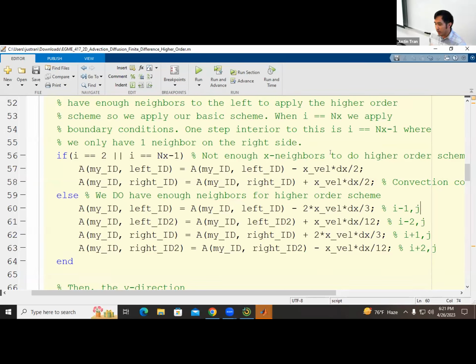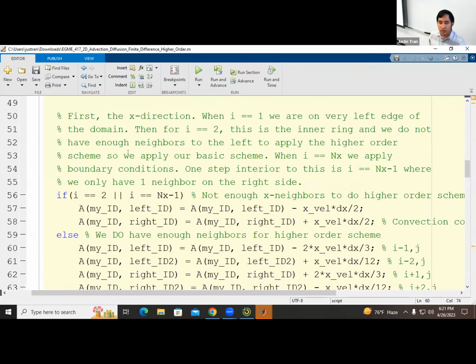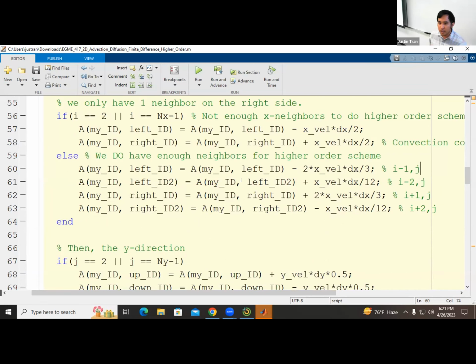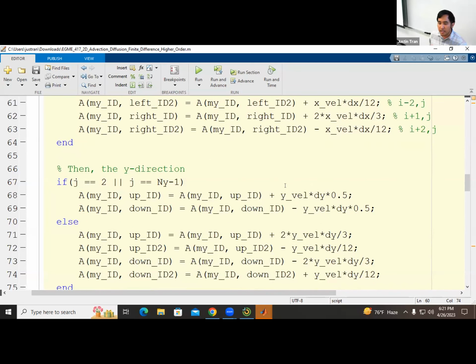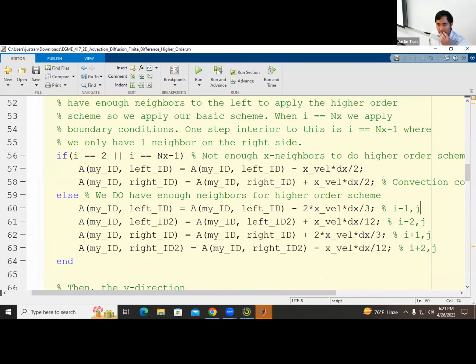I think I might have misspoke earlier, so I was kind of misremembering something just from lack of sleep. And so, you can see here that we have separate if statements for the I and J directions. So that means that, because these if statements are separate, it is technically possible to have the higher order scheme in left and right, but the basic scheme in the other direction, north and south. Okay. I think what I meant to say earlier was that, if you don't have enough neighbors in the right direction, then we still apply the higher order scheme in the left direction. I think that's what I had in the notes, and then my mind just kind of jumbled it. And so with this code structure here, it is technically possible that you have,